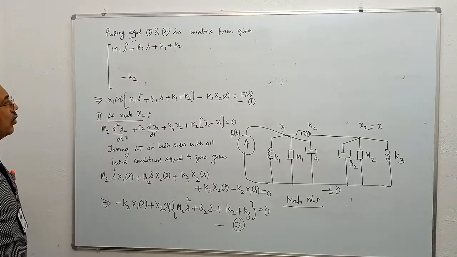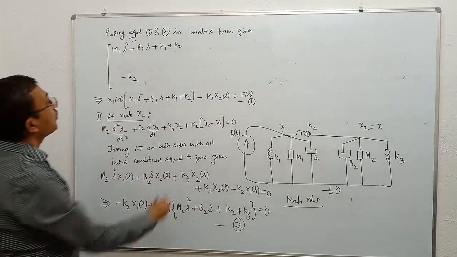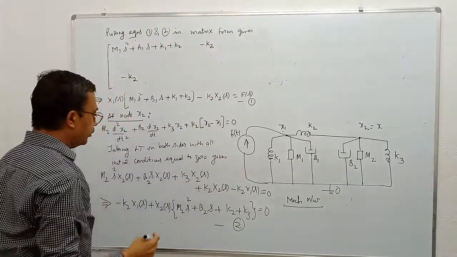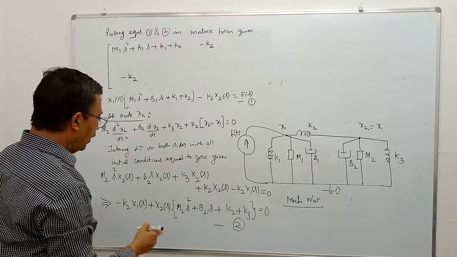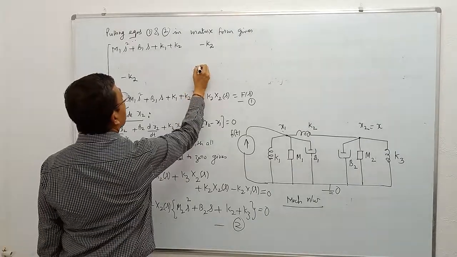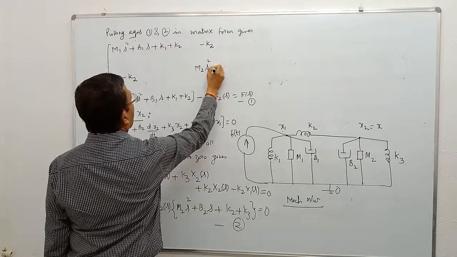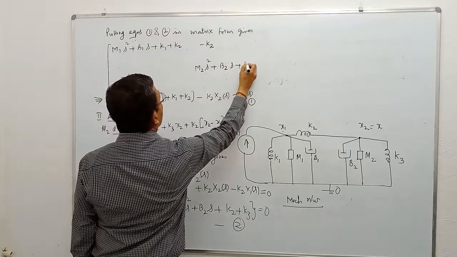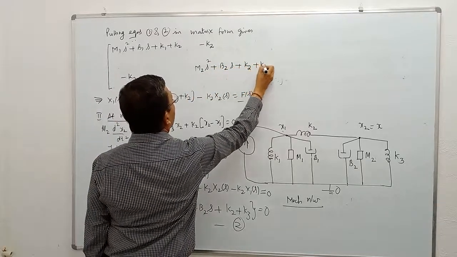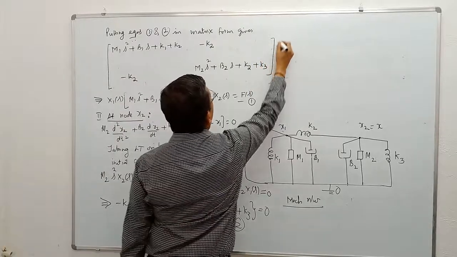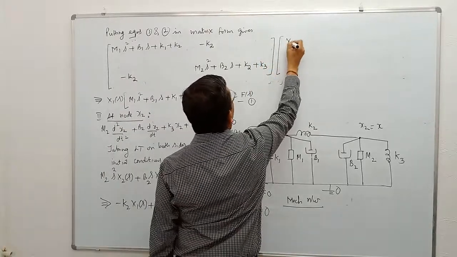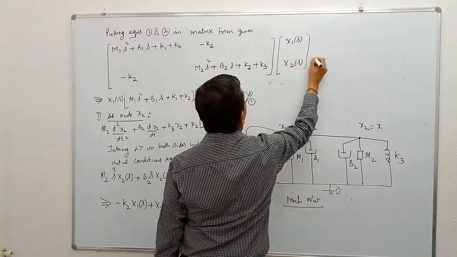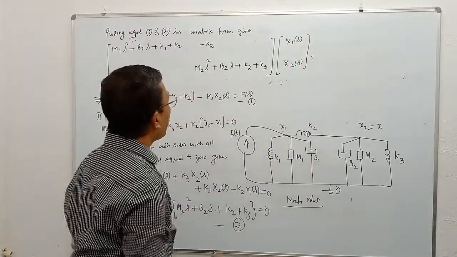In the second column, we will write the coefficients of x2. This is minus k2, and in equation 2, it is m2 s square plus b2 s plus k2 plus k3, multiplied by the column matrix x1 of s, x2 of s equals